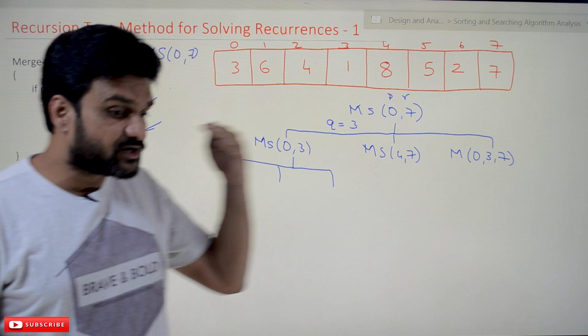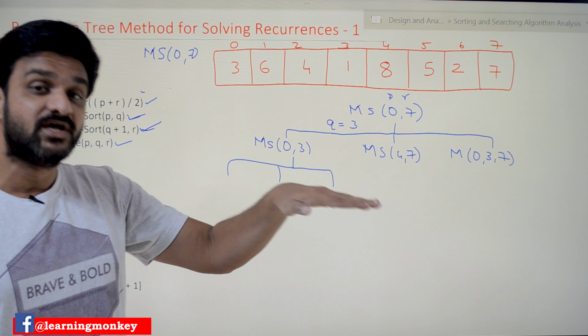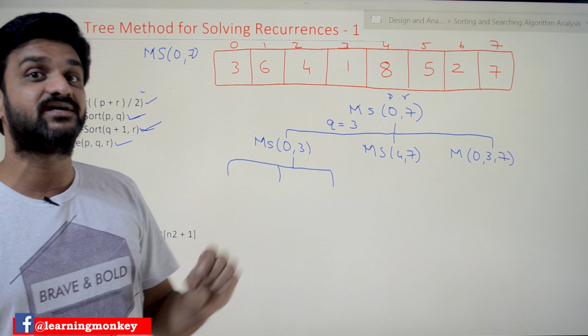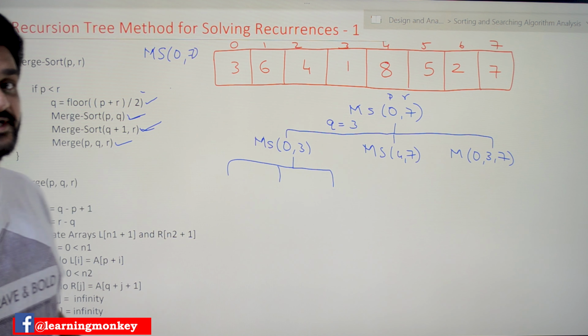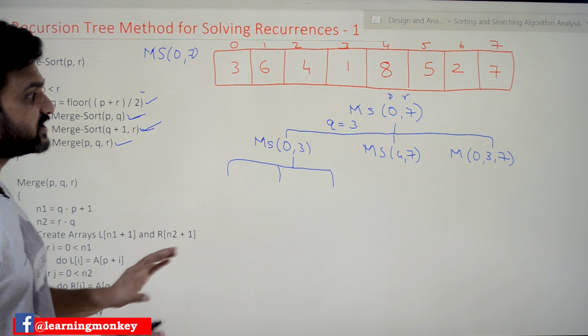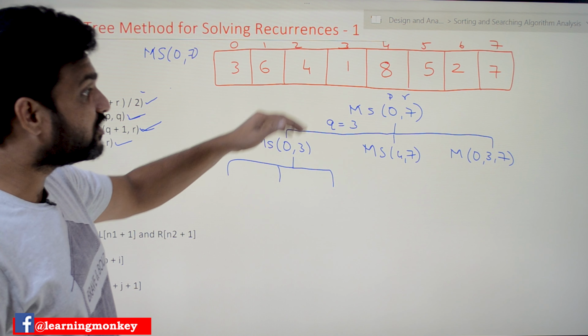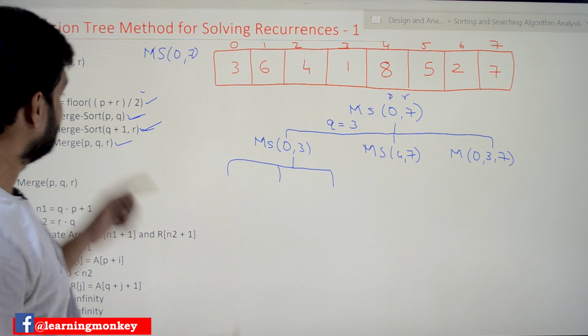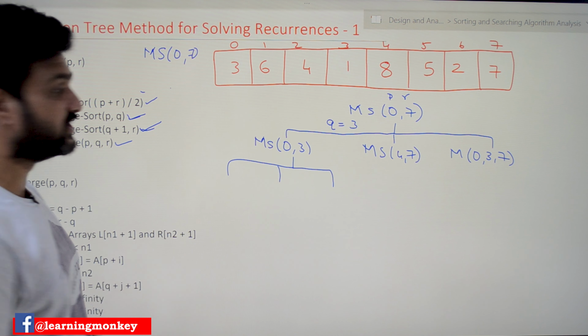After drawing the complete recursive tree, we have to analyze it. Based upon that tree structure, we can analyze the tree. How that analysis is done, we will try to understand in our next class. In this class, we will try to understand how to draw the recursive tree and how the function calls are made in real time, that is, in the execution of this program, in what way the function calls are made.